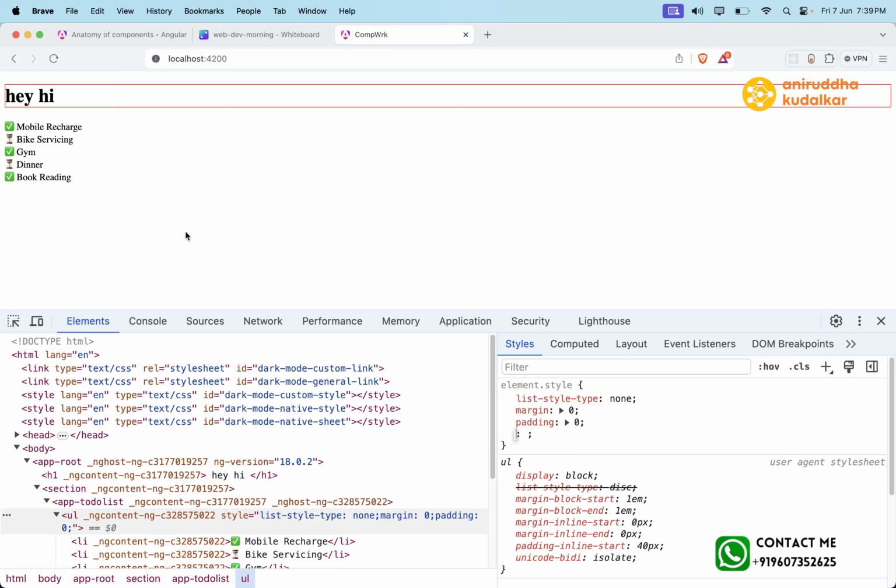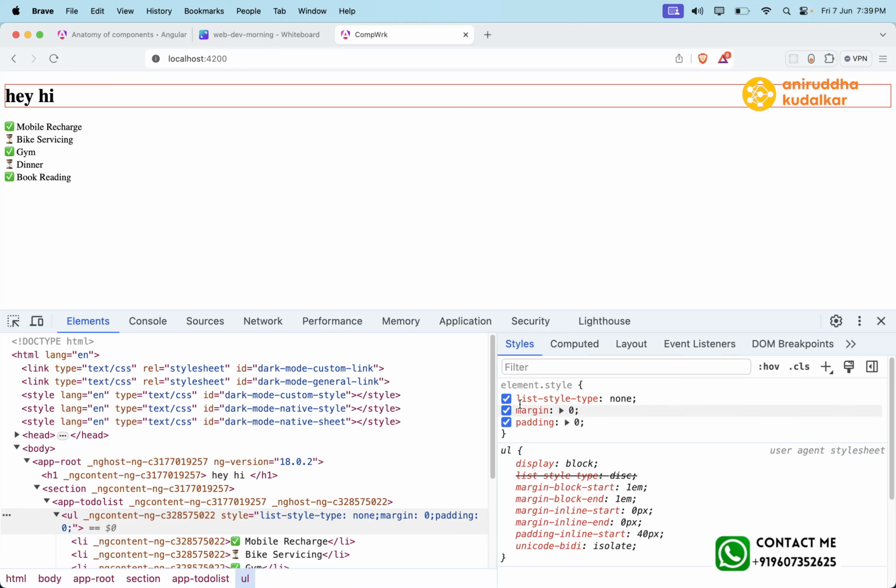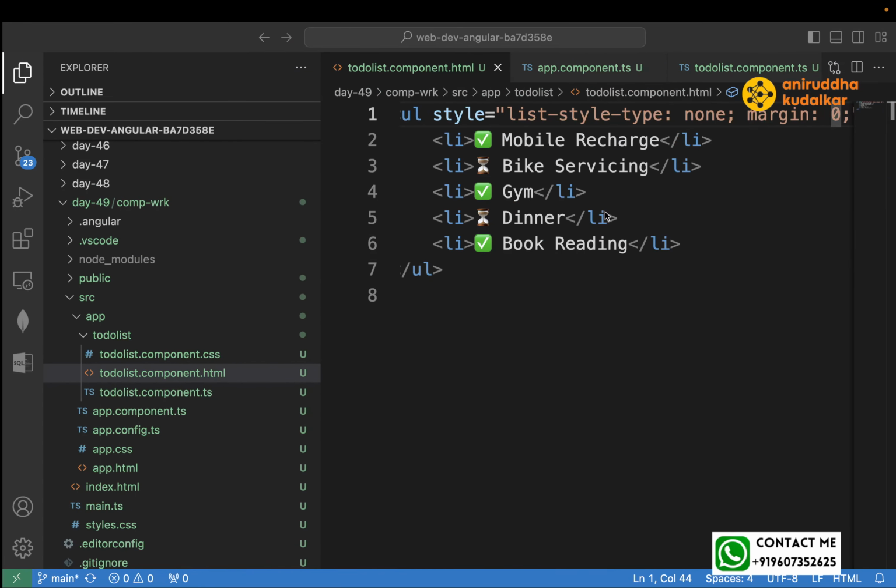Means to every element, browser adds some things, right? So this thing, user agent means browser. Remember that. Who adds these things? Browser. This is your style. So browser has given the 40px margin. Can you see this 40px margin is given to you by browser? To make it 0,